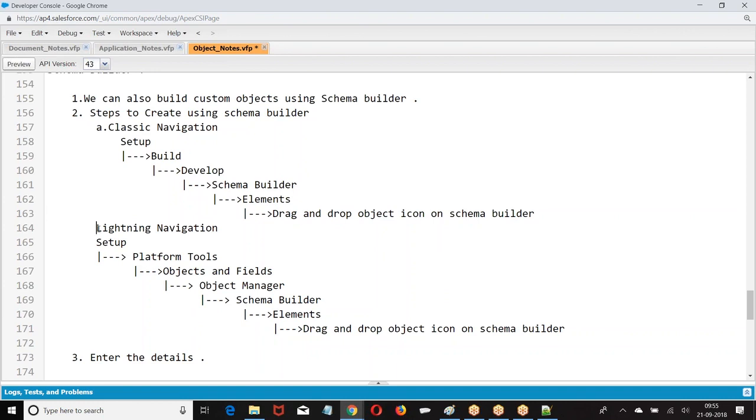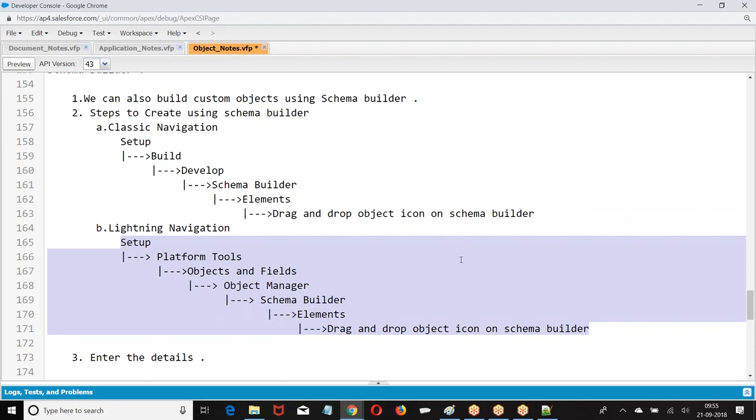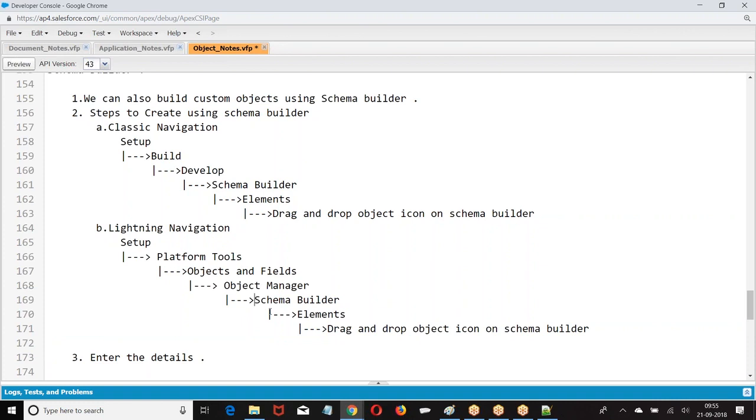Right. So what is the advantage of this? We can build the objects quicker and faster. But what is the problem we had? We need to set the properties separately. When you go with the standard navigation, object and properties are both set at a time. When you go with the schema builder, objects are created and settings are set later. I hope you are good with this, right?